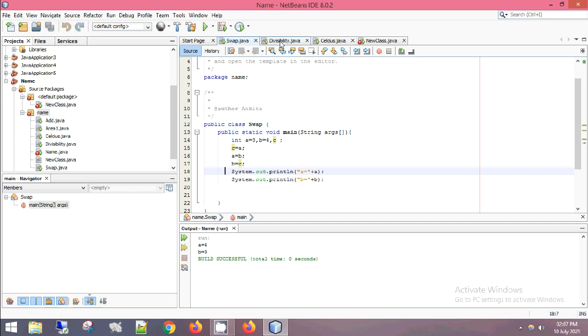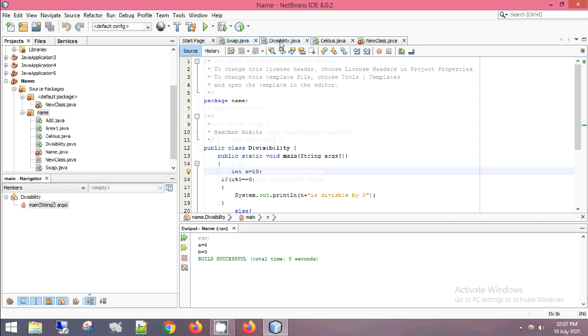Now moving on to the next code, the divisibility code. Divisibility means checking whether the number is divisible by another number. So I made a class over here, you can see public class divisibility. You can write any name, but it's good to write the name according to your code, so for later reference you can use those. Now public static void main, this is the main method. Now over here I am declaring a value n is equal to 10. Now I am dividing that 10 by 5. For this divisibility I am checking whether the number is divisible by 5.